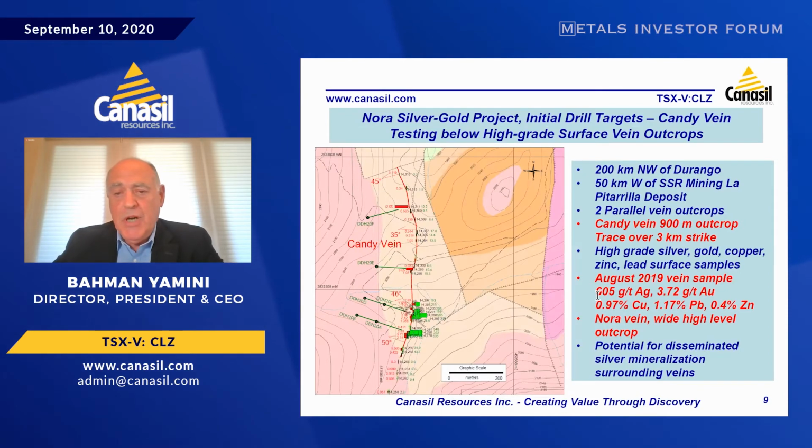In terms of the Nora project, it's about 200 kilometers northwest of Durango, 50 kilometers west of SSR Mining's large Pitarrilla deposit. The main Candy vein, we trace for about 900 meters on surface. We have very high-grade samples on surface, up to 600 grams silver, 3 to 4 grams gold, 1% copper, and 2-3% lead and zinc. There's also the Nora vein, which is located further north, which is a higher level outcrop